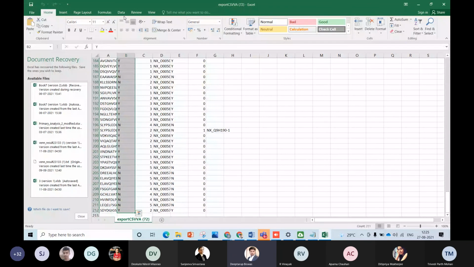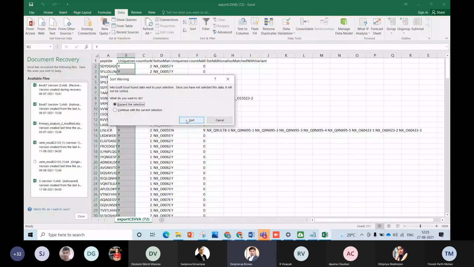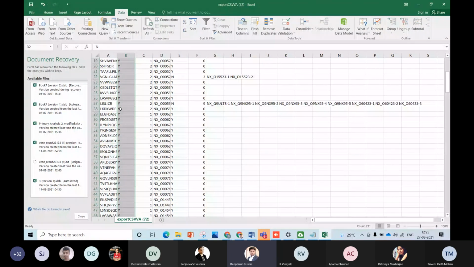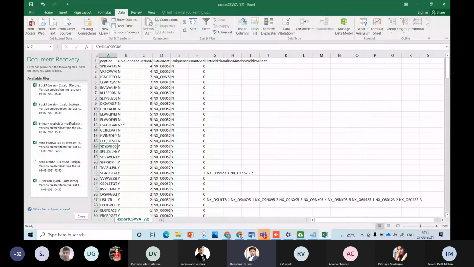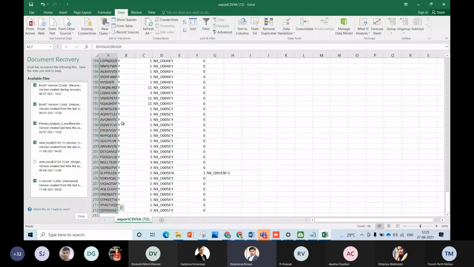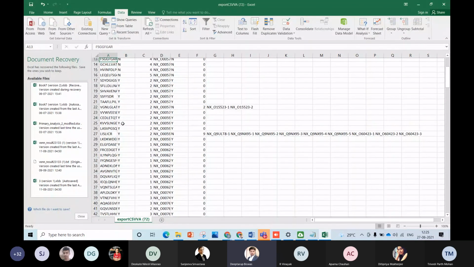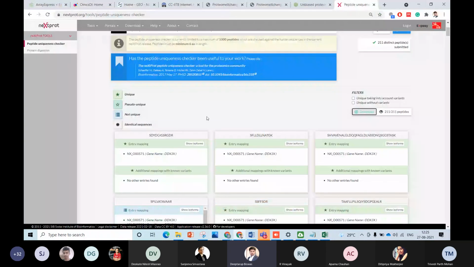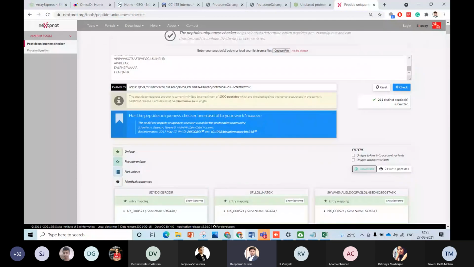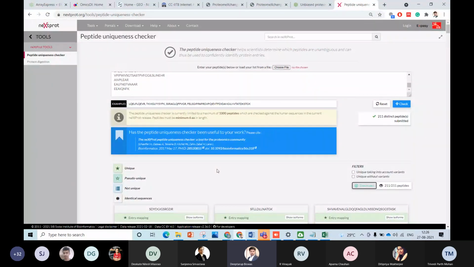If I go over here and sort the data A to Z, and I want to take the peptides forward, I will obviously remove all the no entries and only take the ones that are yes. This is a very important tool, and the recent guidelines of the Human Protein Project ask users to use this tool to filter all the peptides and, on that basis, take the unique peptides forward, right?